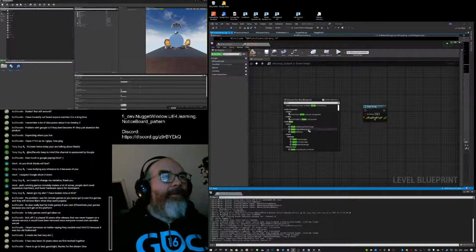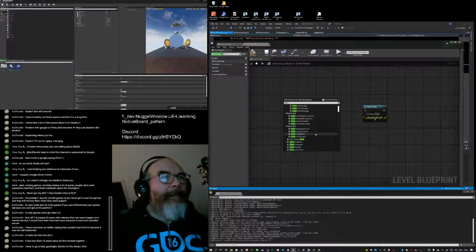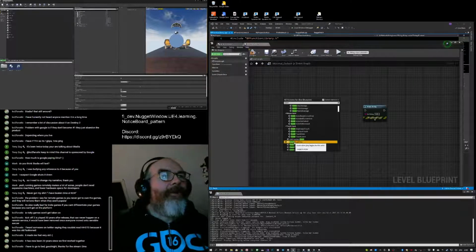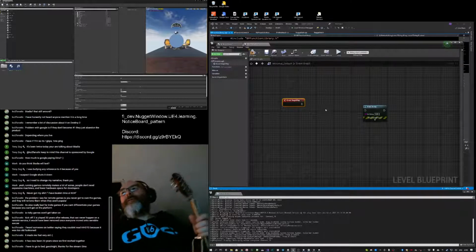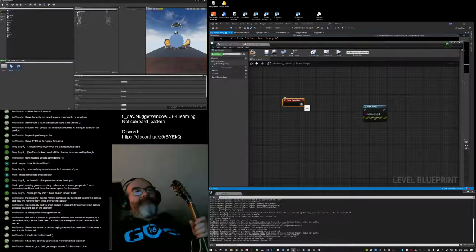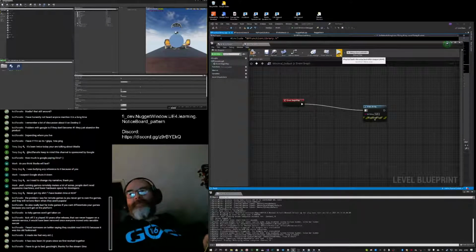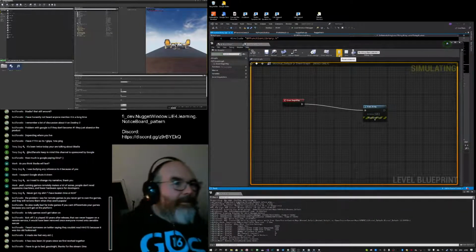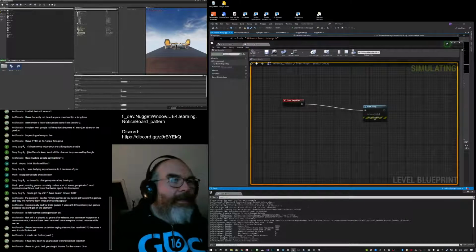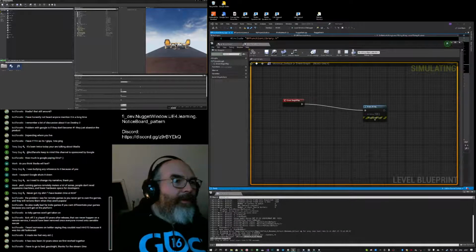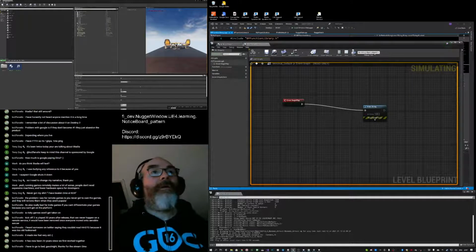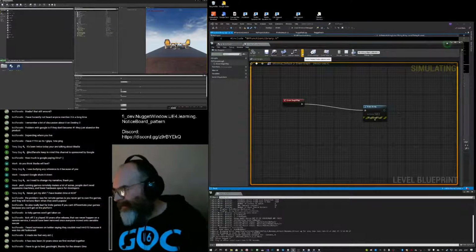Maybe, hang on, add event. On become view target, on reset. There it is. Why couldn't I find it? I was looking for it and looking for it. I could see it in the menu, and it was there. It's about how to search these things. Let's try it. Please. It printed. It did work. Okay, fine. I've got something to go on now.